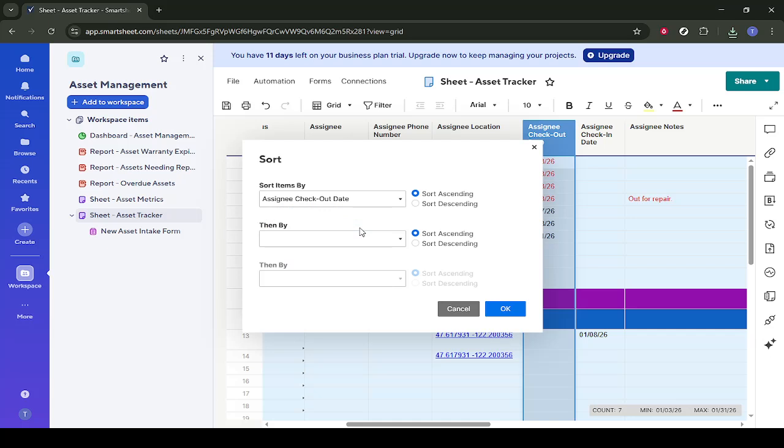Once you've selected the Assignee Checkout Date column, you'll see options to define the sort order, typically something like ascending or descending. The highlighted areas in the guide indicate where to click. Ascending will usually place the earliest dates at the top, while descending puts the most recent or farthest out dates first. Choose the order that best fits how you want to review your data. For many teams, sorting with the soonest checkout dates at the top makes it easier to see which assets need